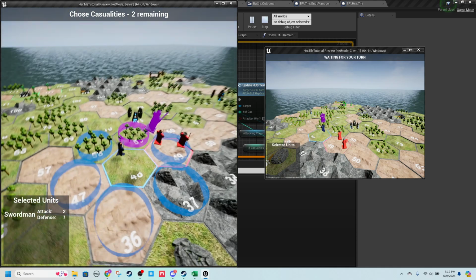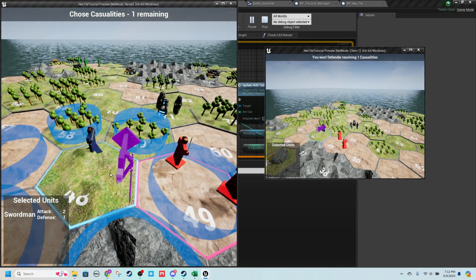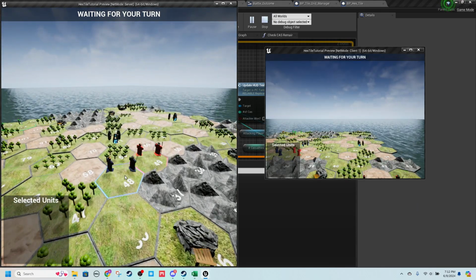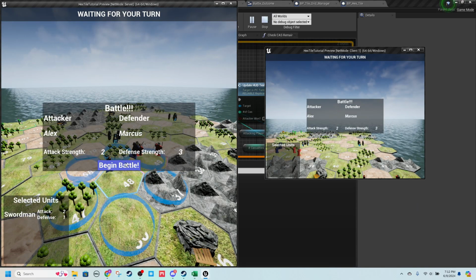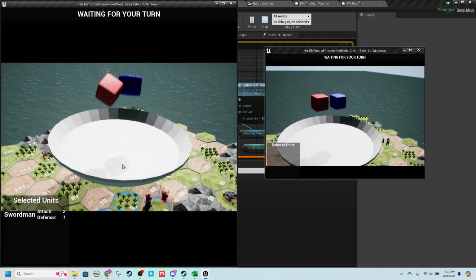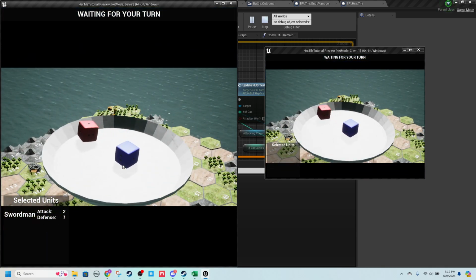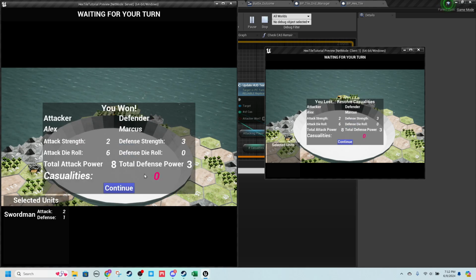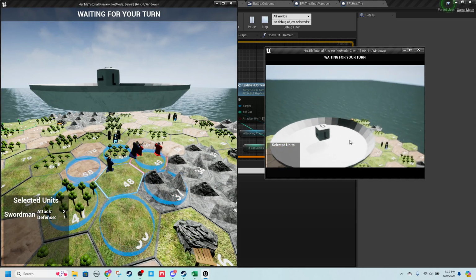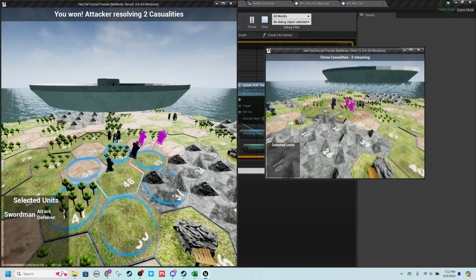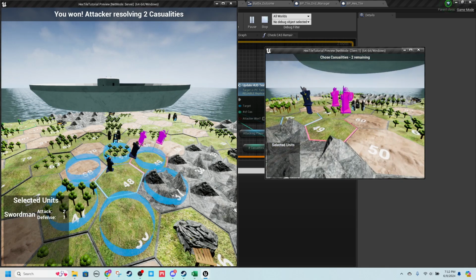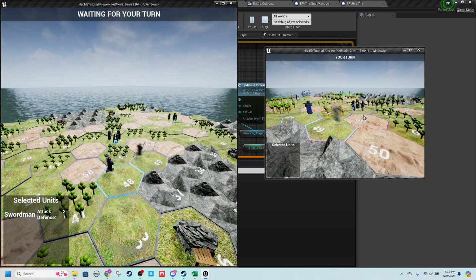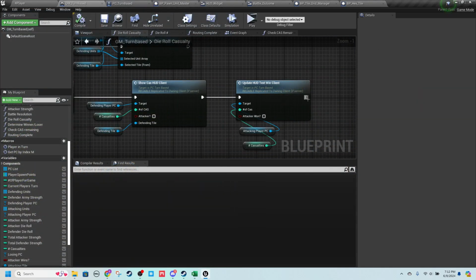Choose casualties. Why did the... Oh, what's going on? I don't know why the attacker lost there. I shouldn't have. Failure attacker win. Okay. Right, and then we don't want that to work. So,